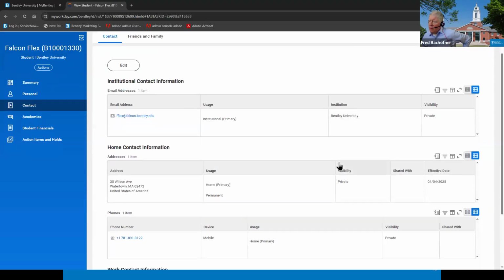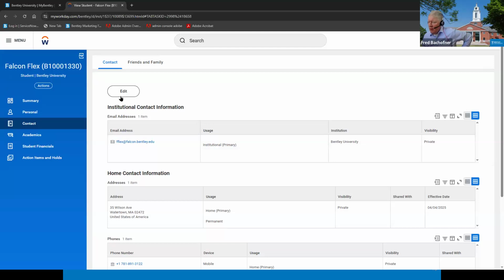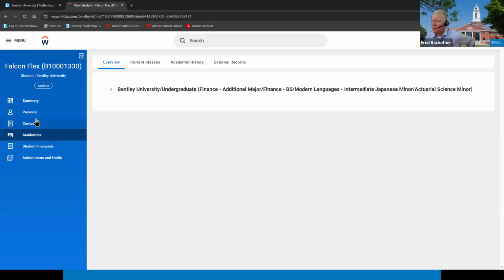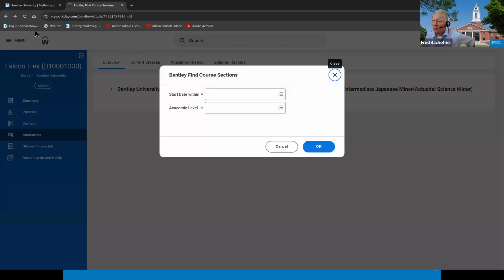And this is how, under contact information in Workday, you would edit your address, your phone number. Again, academics is everything related to your grades and your classes. Okay, so I am going to go back to,